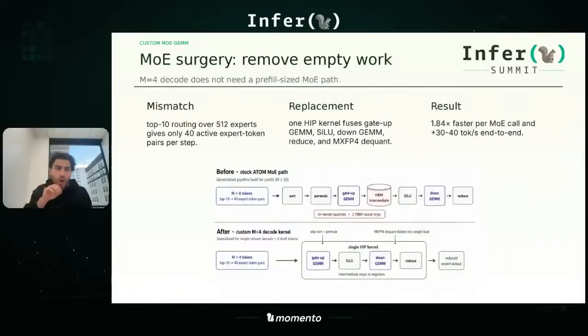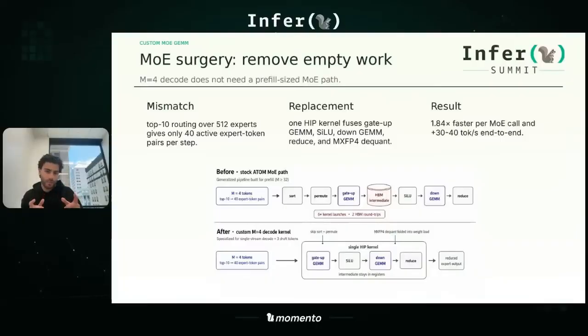So one interesting one here is MoE surgery. MoE is mixture of experts. What we were thinking about is, how do we remove the empty work? Basically, there's this routing that you do over 512 experts, but the mismatch is that these 512 experts give you only about 40 active expert token pairs. What that means is that you can replace